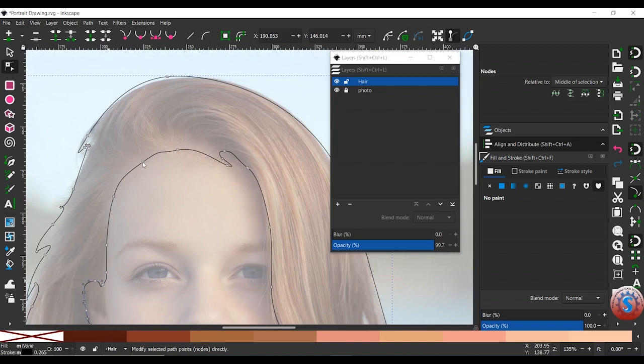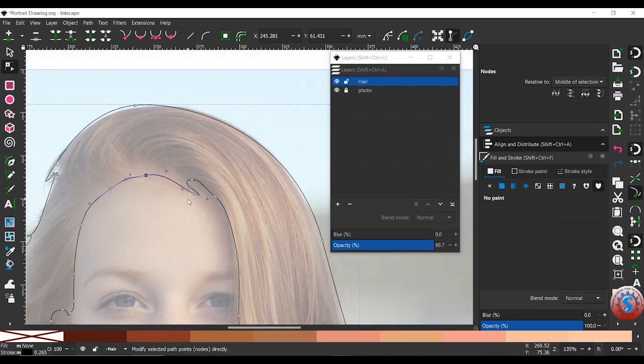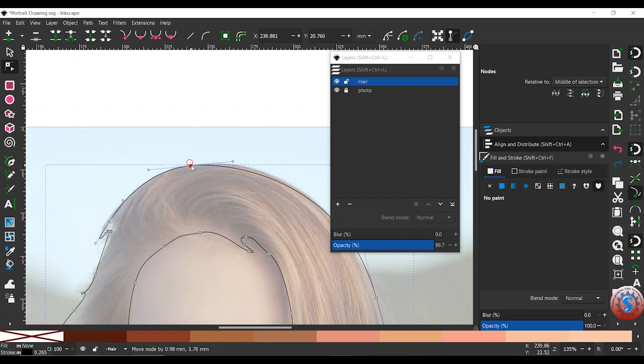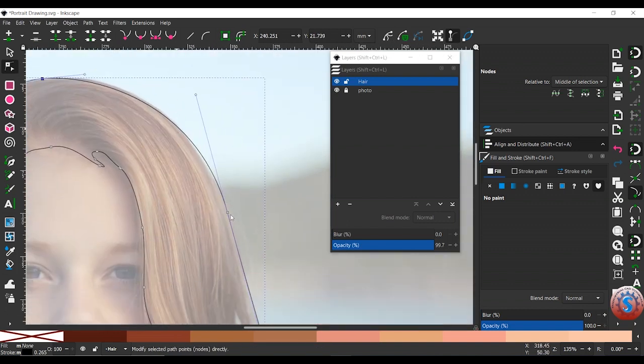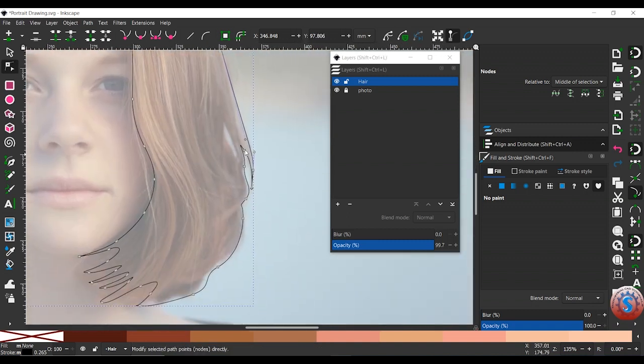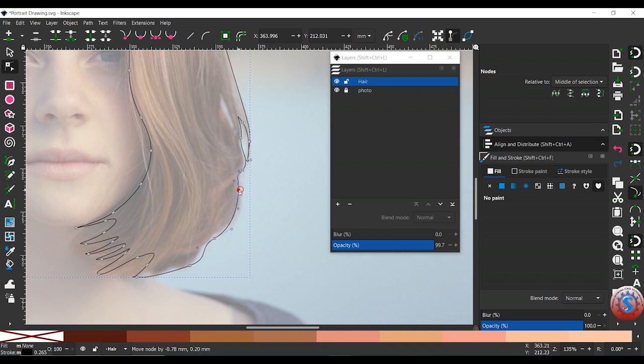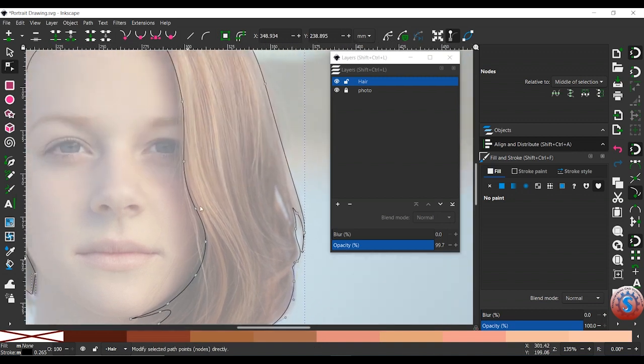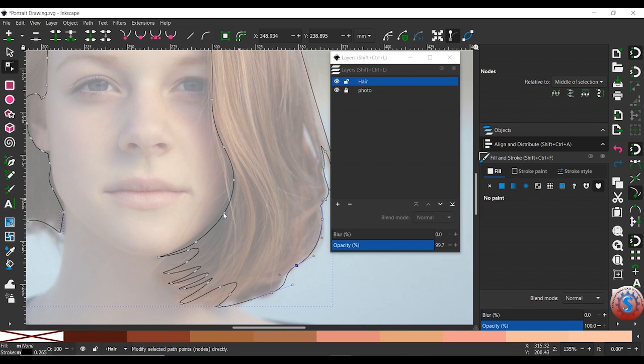You can also create the shape after giving an irregular shape. Also you can give the irregular shape that you want. By creating the nodes, you can create the regular shape. Some of the hair is put to the bottom, and this line is okay, and then this node is also somewhat okay. I want to make some changes. This node I want to move to the inside. You can observe what I am creating by using the nodes, and the hair is created somewhat. I want to move to the inside by using these two nodes, and the hair is looking nice, and the shape is also looking nice, and the smooth line is there.